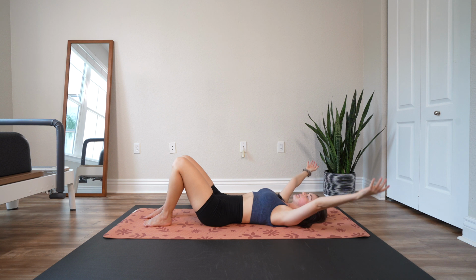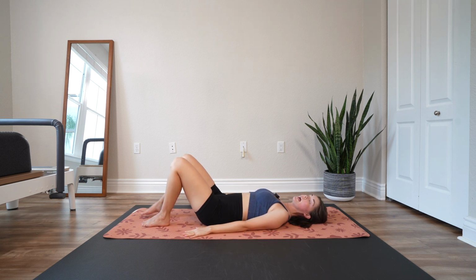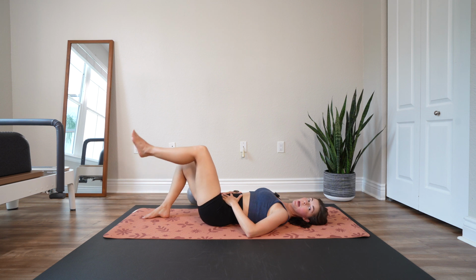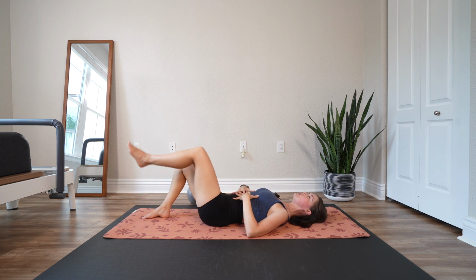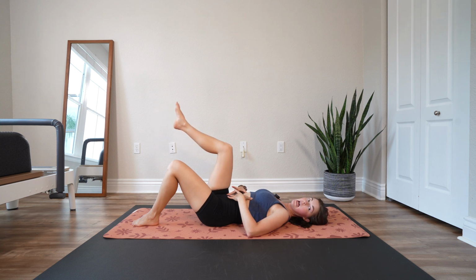Last one here. Lowering the arms down by the sides, making sure we slide those shoulder blades down the back and press the arms into the mat. Tighten and brace through your core, moving into marching, lifting 1 leg up and down at a time into your tabletop. Try to keep your pelvis quiet and use that bracing through your center to float that knee up and